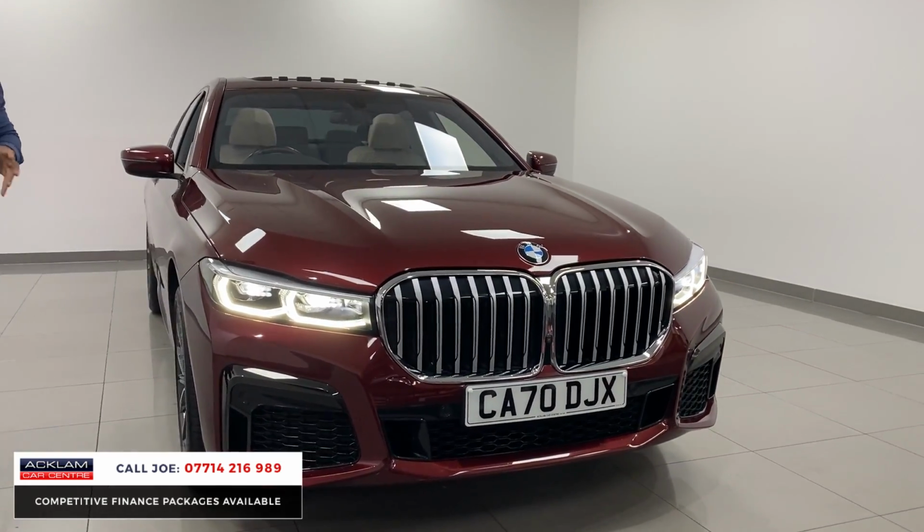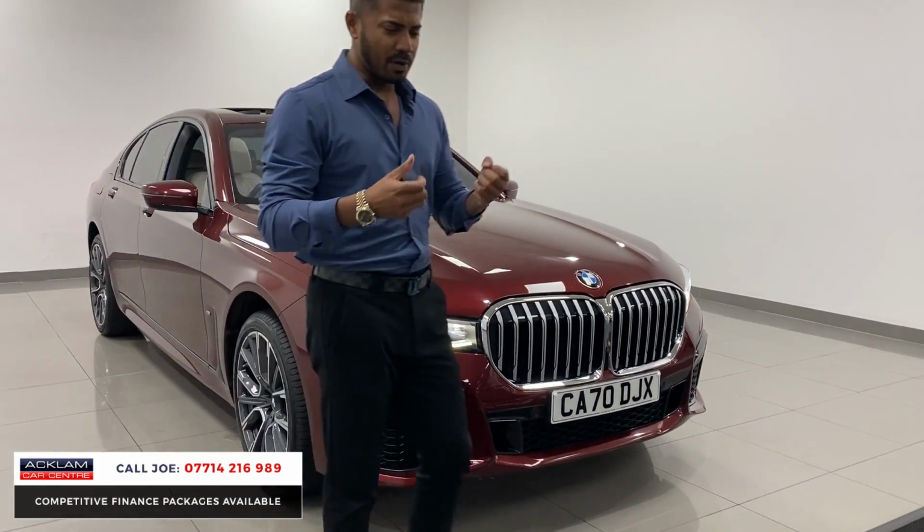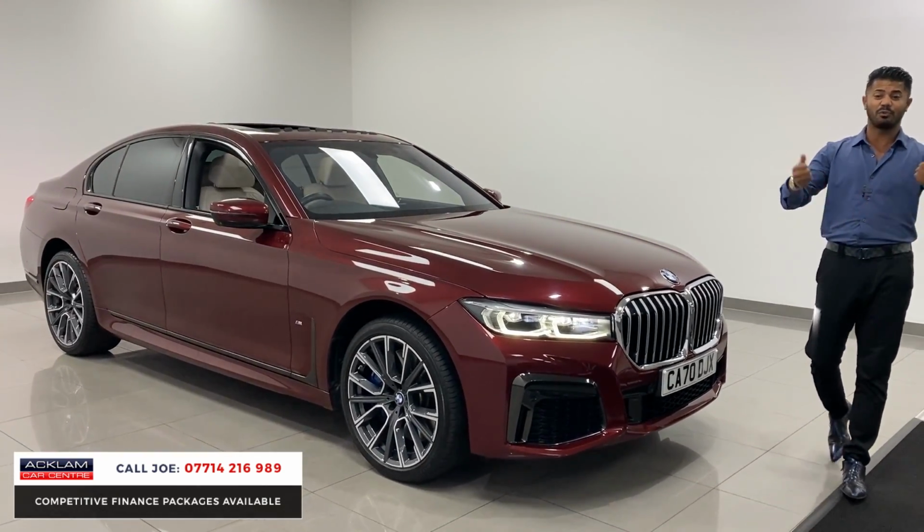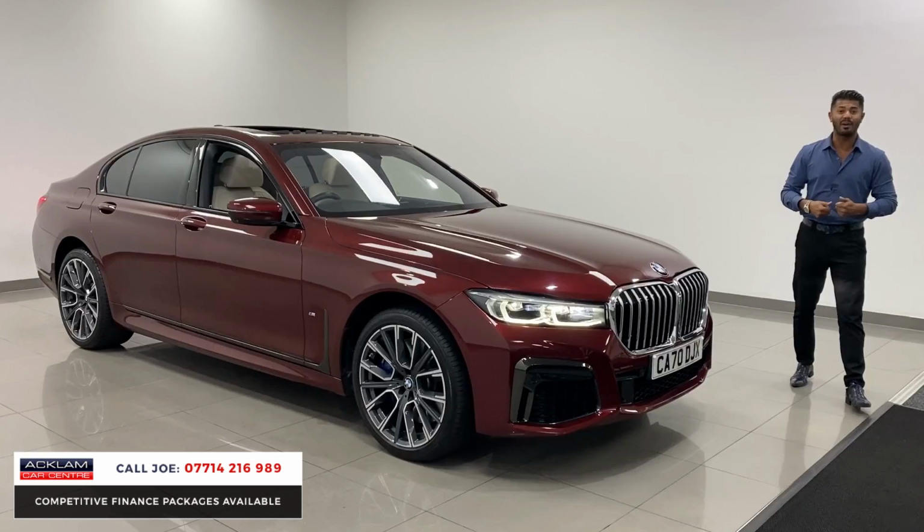This is a super luxurious saloon car. It drives phenomenal. It's got air suspension. When you drive the car, you don't feel a thing. That's what I like about it. You drive it, you can do 300 miles, get out of it, and still feel very fresh, like you haven't